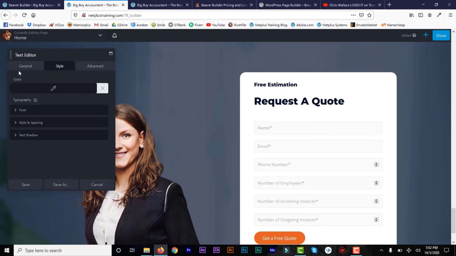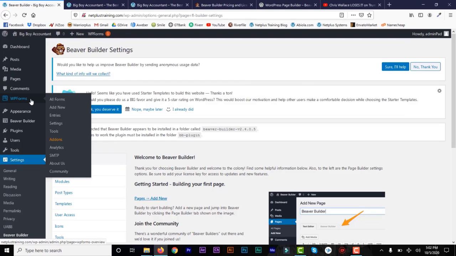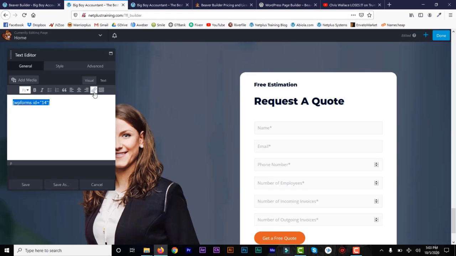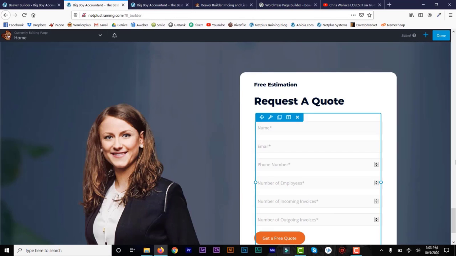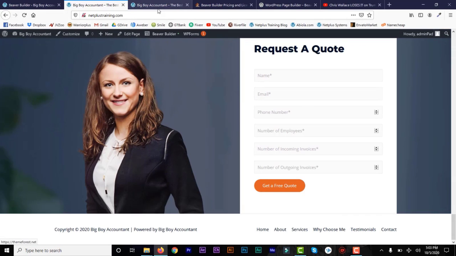And if you go to general, you can find WP Form. So if you're using the WP Form plugin, which came with the Astra theme, you can always generate your code and paste it here. So it's a simple form. You can learn how to use the WP Form plugin, or you can use a contact us plugin. But you can just publish that,